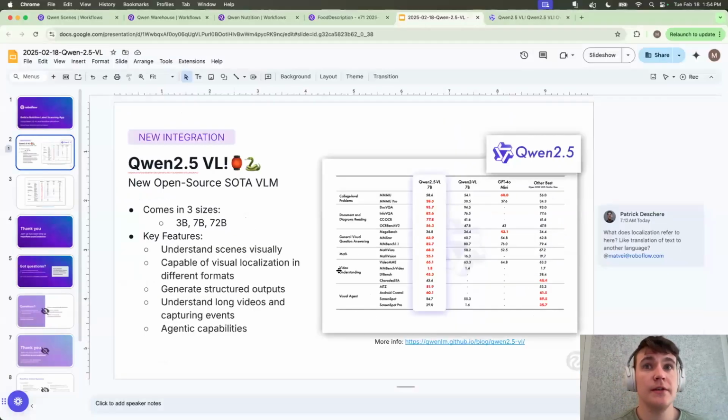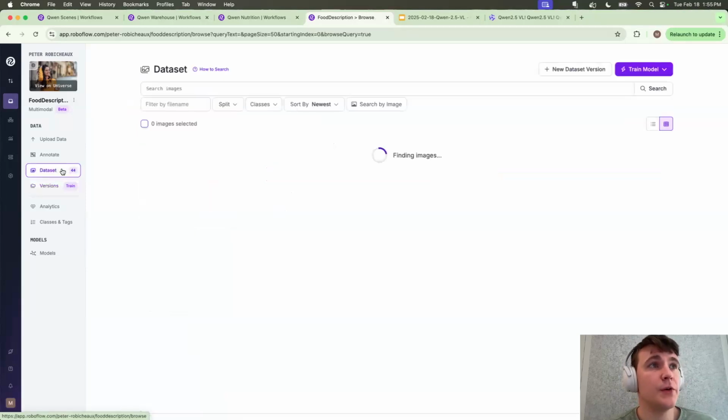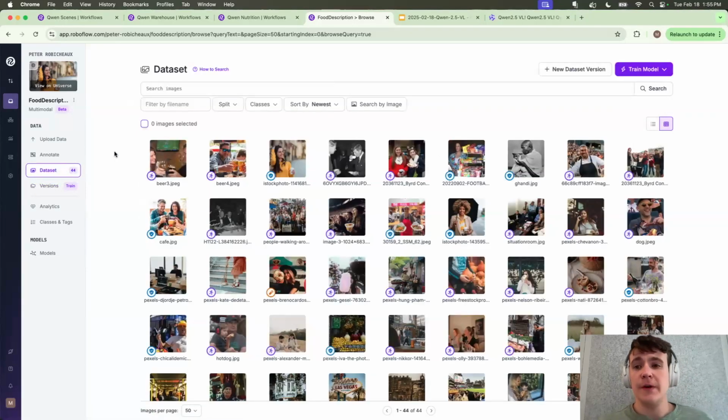So let's actually take a look maybe at all of the ways you can interact and do things with Qwen in Roboflow. So first off, you can fine-tune it inside of the app. So currently in Roboflow, we have this category called multimodal, basically multimodal datasets. And